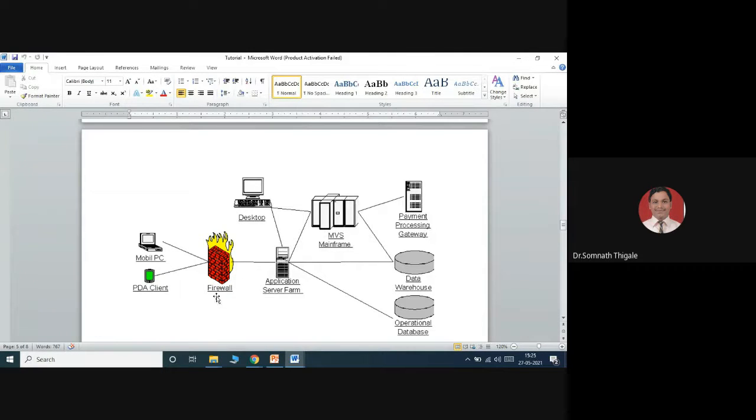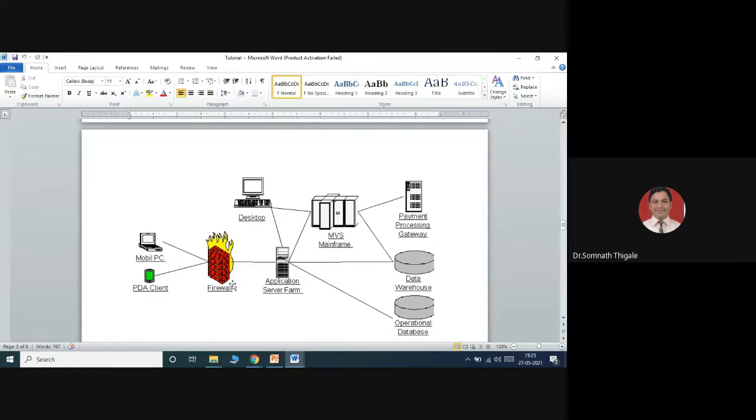It should follow with a firewall. Firewall means some rules and regulations will be set over there, just like on a door or gate we keep some protocols. So protocols are defined over there, and based on the protocol the entry into the gate and exit from the gate will be decided. The similar concept is called what?